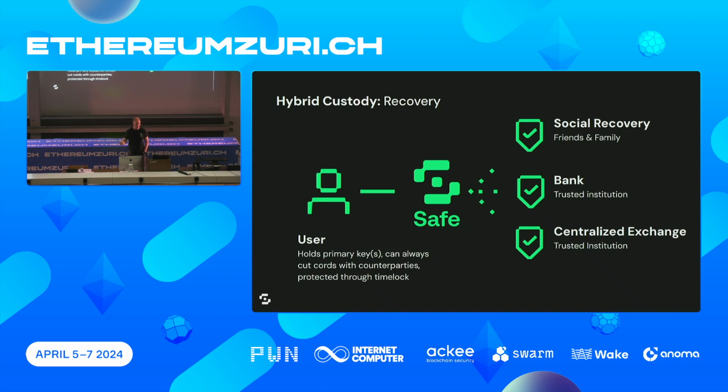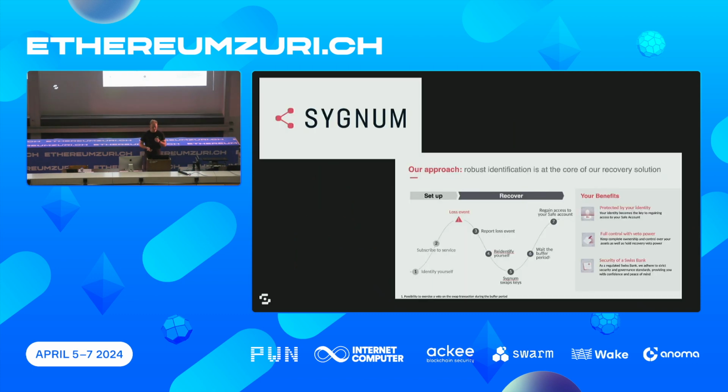What's going to be exciting, not sure if everyone will want that, but at least in my view, a lot of people that will onboard to Web3 will probably go for one of those solutions: using institutional recovery, such as a trusted entity like a bank, or the means that onboards them to crypto in the first place, a centralized exchange, which they already trust and already have some identification with. They could use that as a recovery system. And actually Signum, a licensed bank here in Switzerland, has implemented an interesting feature for smart accounts